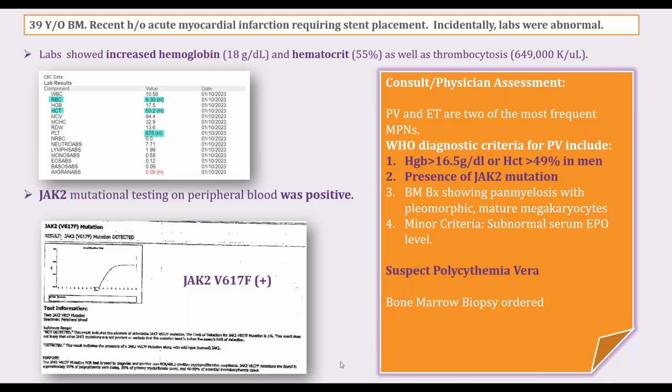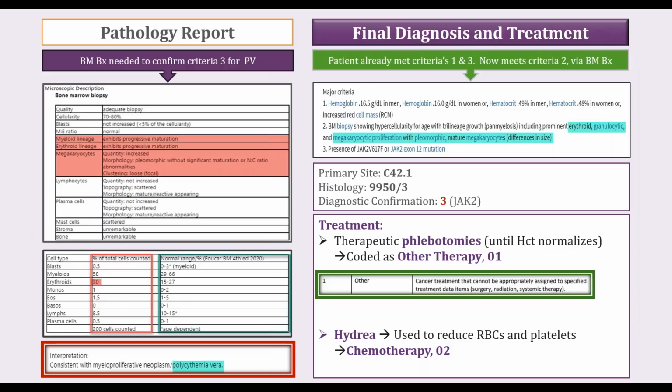But the physician does say that he suspects PV based on criteria 1 and 2, but needs to proceed with the bone marrow biopsy. So he does the bone marrow biopsy. Oh, I see that my screen is a little bit delayed here. Sorry about that. They do the bone marrow biopsy, and the myeloid lineage exhibits progressive maturation, as does the erythroid lineage. Megakaryocytes are increased and pleomorphic, so having variation in size and shape of the nuclei. And the interpretation is MPN consistent with